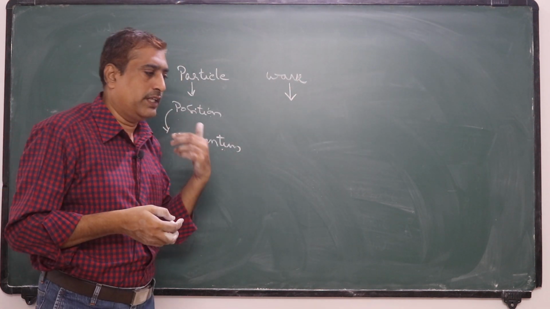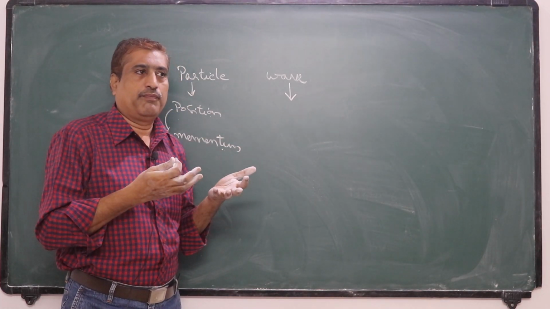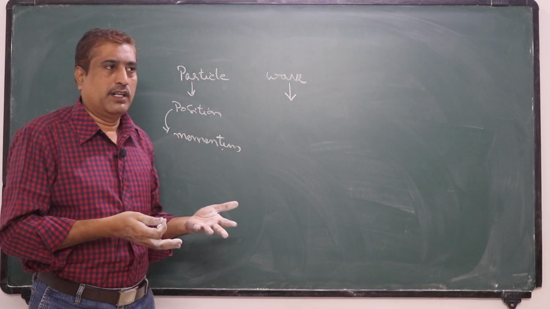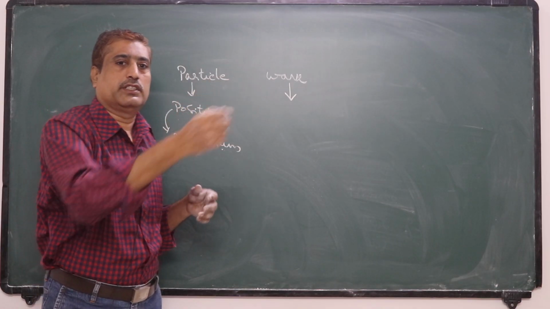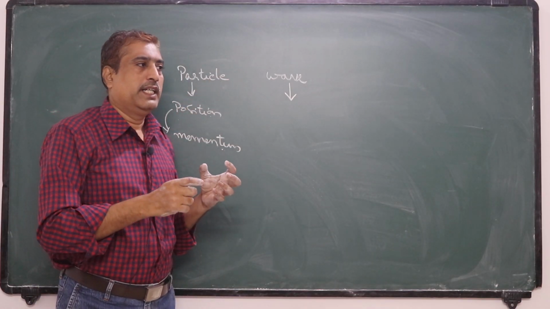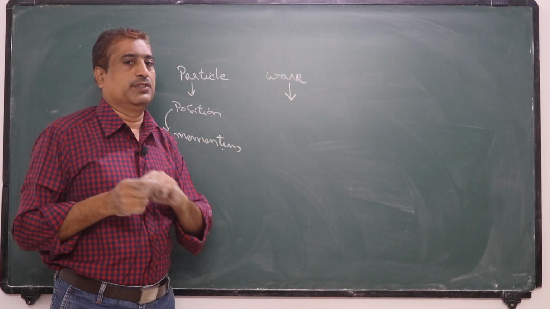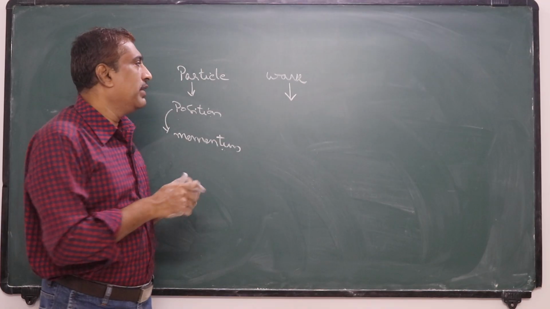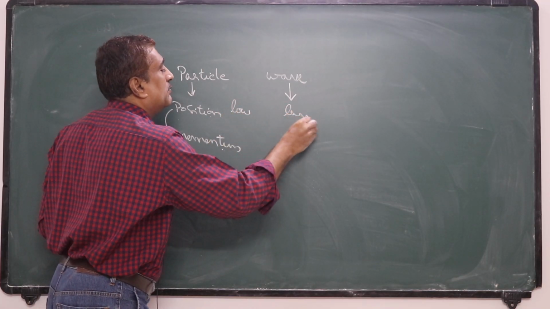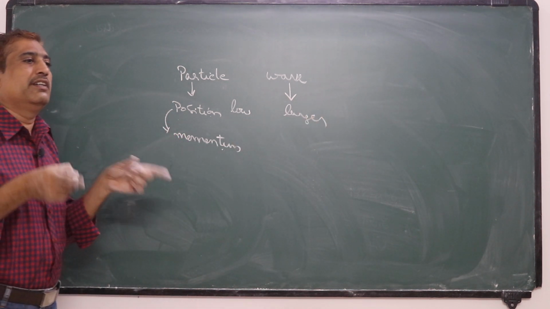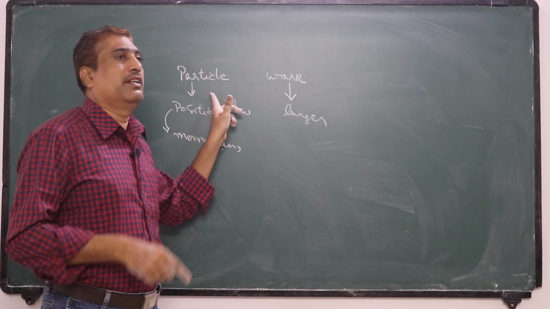Suppose I am speaking, the sound waves generated by me occupy the entire volume of this room. So every corner of this room, my sound wave reaches. That means it is spread through a large region, so it is difficult to find a position. But a particle occupies low volume, while a wave occupies larger volume. For the same particle it exhibits both wave nature, and the wave exhibits particle nature.